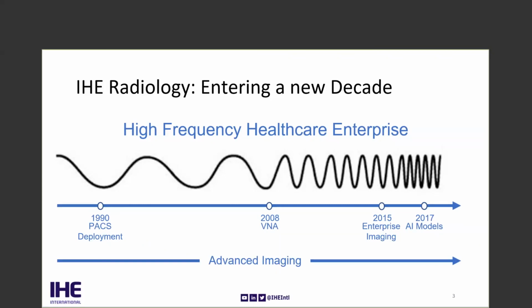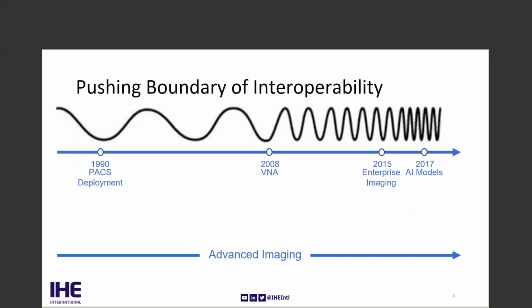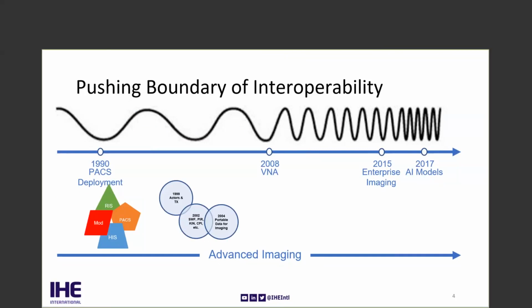So what has IHE radiology done in order to address these high frequency changes? If we look at what happened, IHE has been pushing the boundaries of interoperability, trying to catch what is on the horizon. When we started with the PACS deployment, there were many different systems they tried to integrate, and I actually saw the need for interoperability. So in the late 1990s and early 2000s, we started to establish interoperability profiles, working on actors, transactions, and interoperability profiles. We started with some of our core profiles like Scheduled Workflow, PIR, KIN, and then later on